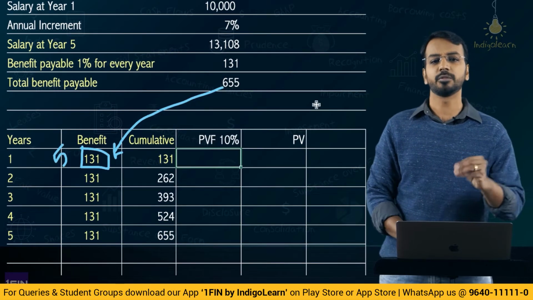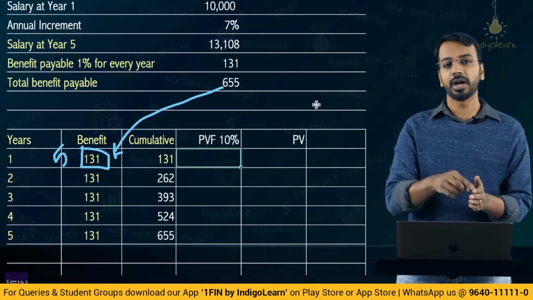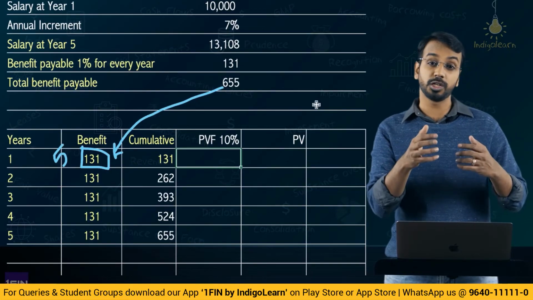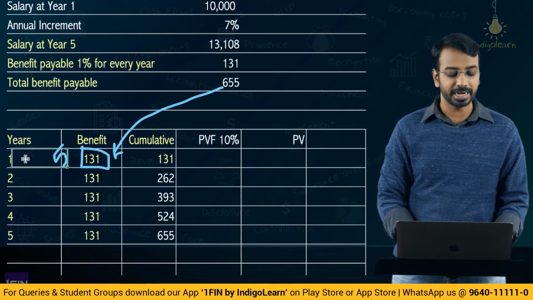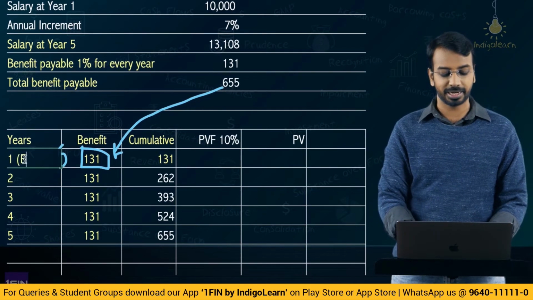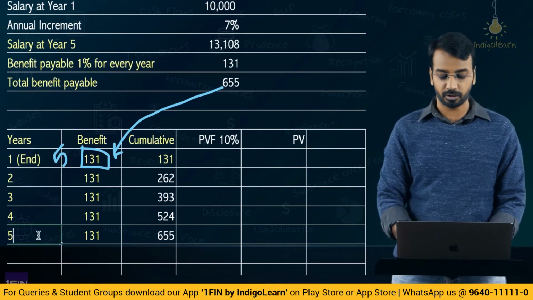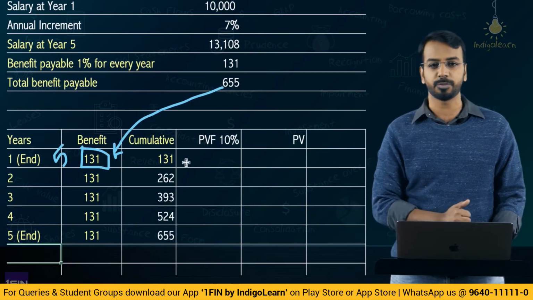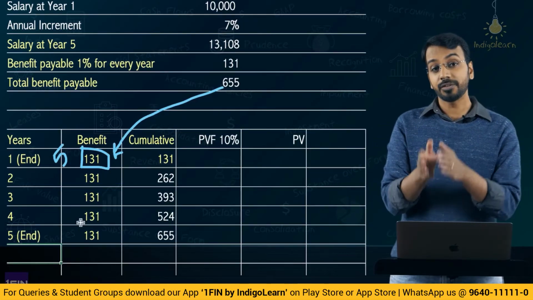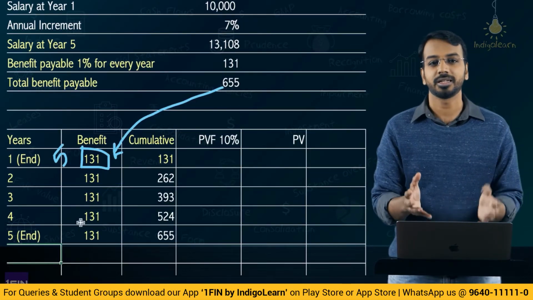Now how do we arrive at the present value factor? Just don't do 1 divided by 1.1 to the power of 5, because we need to see for what period we are calculating. Where are we? We are at the end of year 1. This is at the end of year 1. This is at the end of year 5. Okay, because accounting and all you will do at the end of the period. Now, from end of year 1 to end of year 5, how many periods are there? There are basically 4